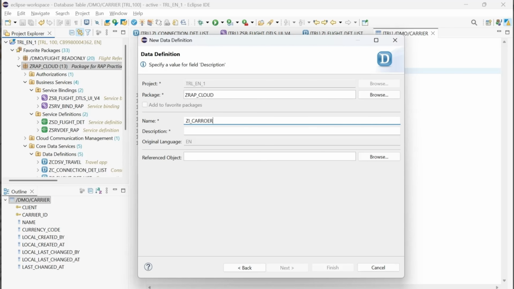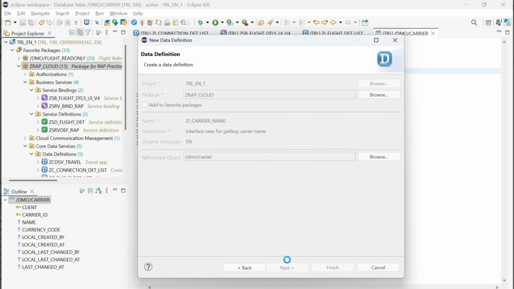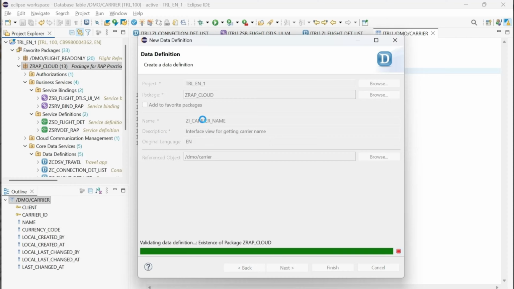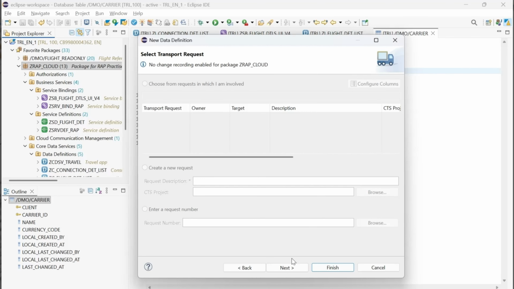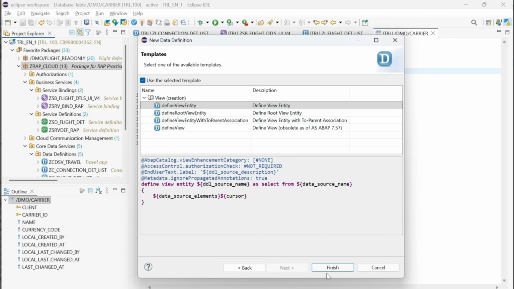Carrier name, interface view for getting carrier name, and here you have to give your reference object which is your table name. Next, define view entity. Yes,